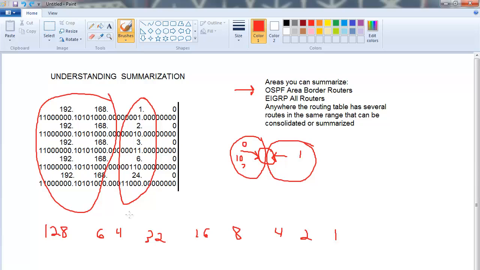But the concept remains the same. So what you would do is, let's say for instance you didn't have the 24, it was just the 6. You would find out how many bits in common there are. Well, in this case,